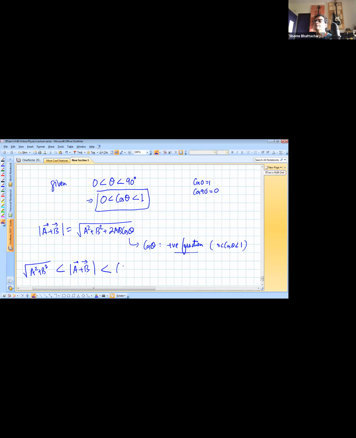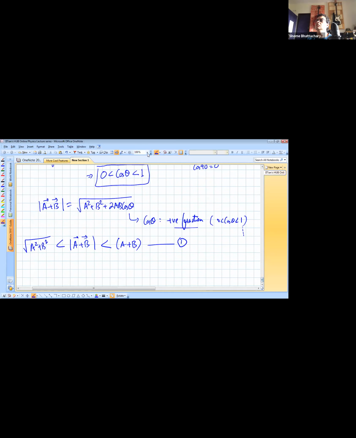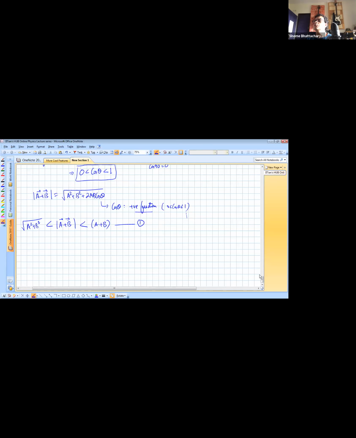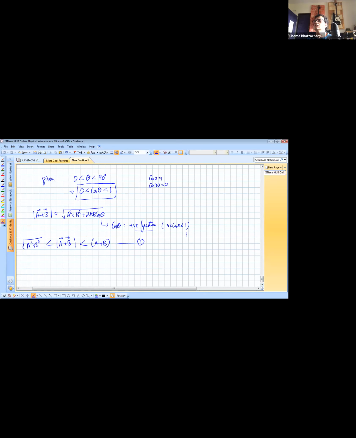So this is less than, because this shows you that the right hand side cannot go up to A plus B whole square. This is one statement. And similarly, using the same relationship of cos theta, we can also tell something about A minus B as a vector. Magnitude of A minus B is root of A square plus B square minus 2AB cos theta. But again we understand that